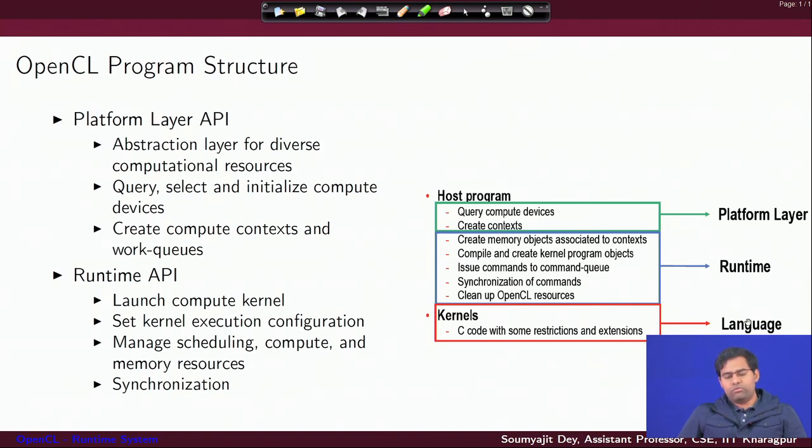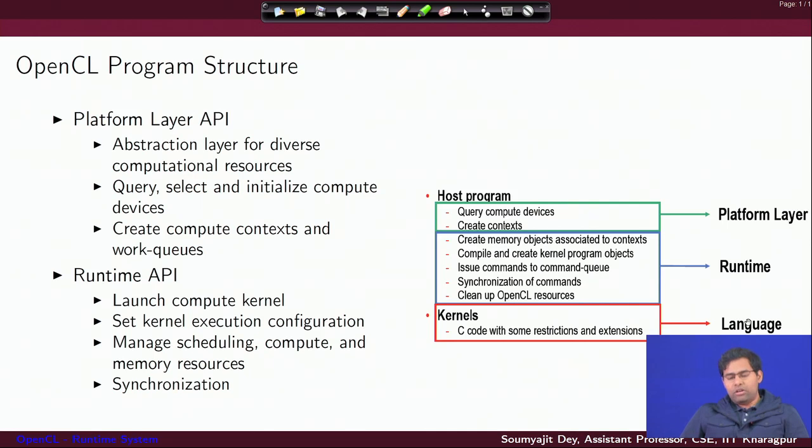So, that would also mean the host program is responsible for defining the command queues in a per-device manner and enqueuing the different kinds of commands, like data transfer commands, kernel launch commands, and synchronization commands, in the command queue. After that, the next step would be launching the kernels through the runtime system, and once the kernels have finished their execution and the results have been properly computed, cleaning up the underlying resources that the OpenCL objects were occupying, right.